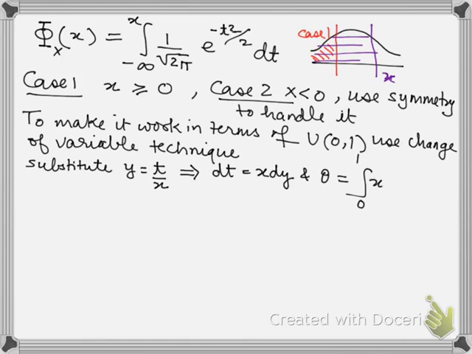of x e to the power negative x y square over 2 dy. So when t is 0, y is 0, and when t is x,